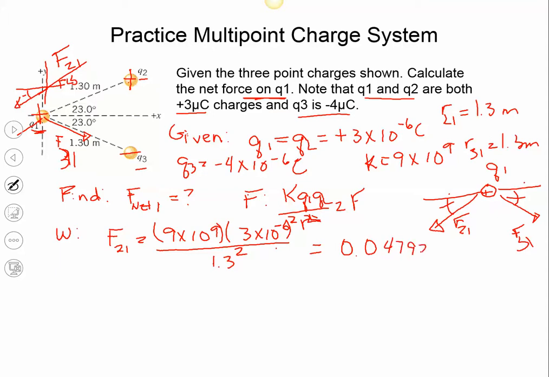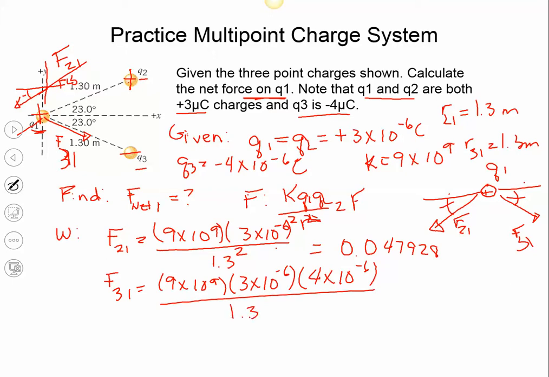and I'm going to carry it out a couple extra decimal places just to keep me honest here. All right, remember we don't want to round too early. F31 is going to be 9 times 10 to the 9th, and 3 times 10 to the negative 6th, and 4 times 10 to the negative 6, and that's all over 1.3